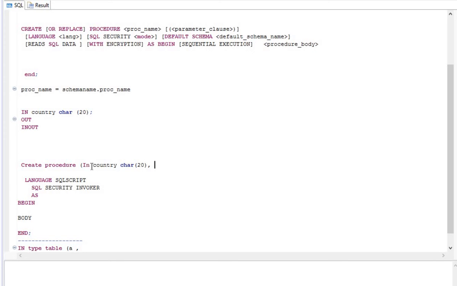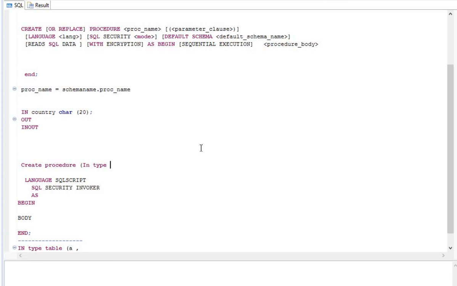And then you can define whatever output field you want. Suppose pin code, like int. So this is the way you should define here. And how can you define the table type here? Suppose you are going to use a table type, where you have multiple fields in one table. So similarly, you can use